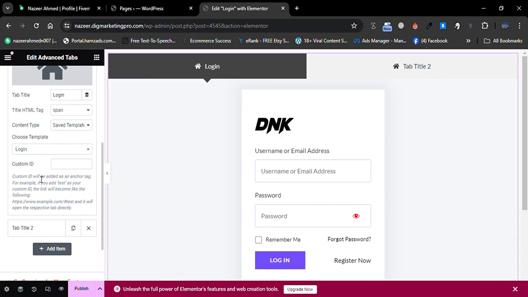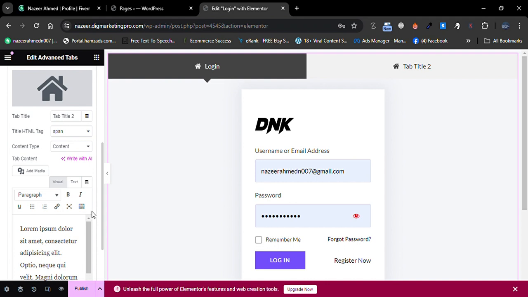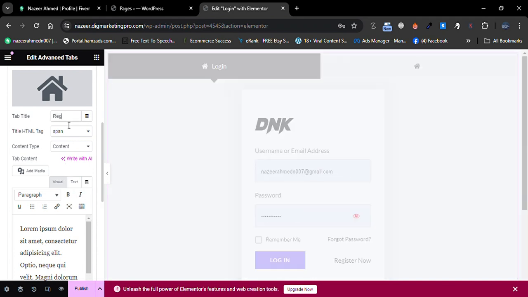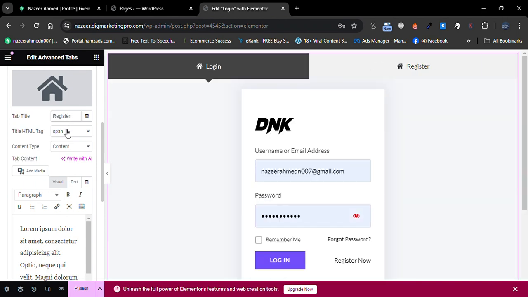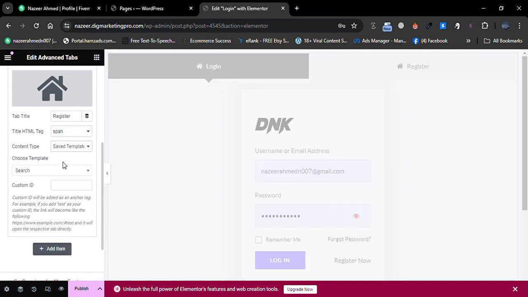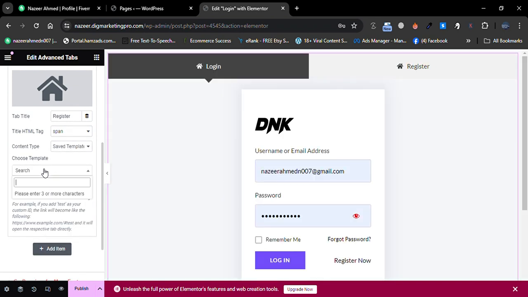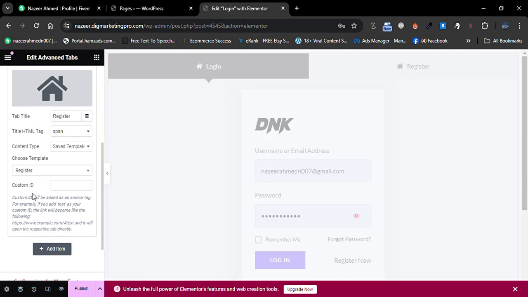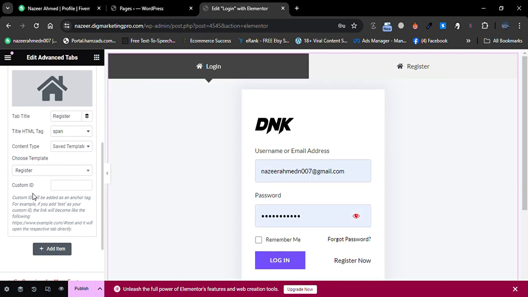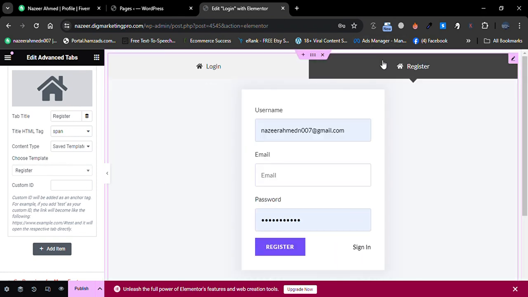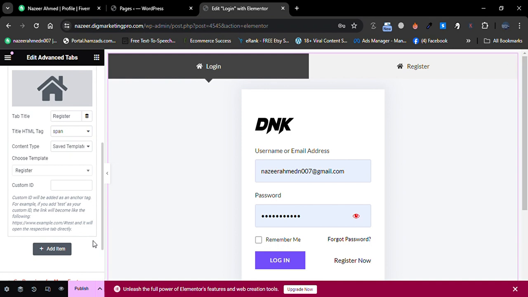So here it is, our login form, and I will go to tab 2 and the same process I will give it a name register or sign up, and then I will go to content tab, I will make it save template, and I will search for another template, that is register. So here it is, our register form. So register form and the login form,